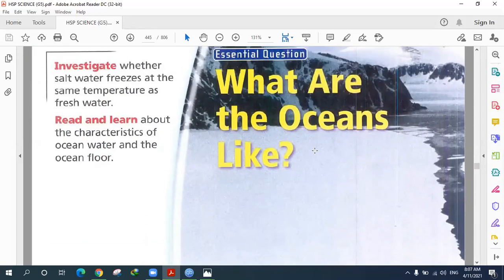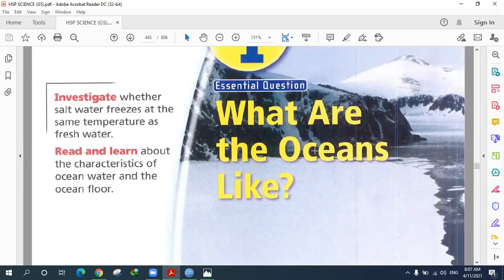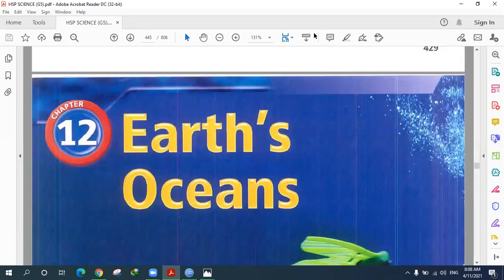Okay, so as I said, in term four, we're going to start with something similar to the earth science that we studied in term three, but this time studying the ocean floor, and we're comparing it with the earth's surface, and we'll see how similar it is and how different it is sometimes. In this chapter we'll also study water movement, how it differs, like we have currents, we have waves, what is the difference between them, but this is in lesson 2. So basically this whole chapter is about the Earth's oceans.